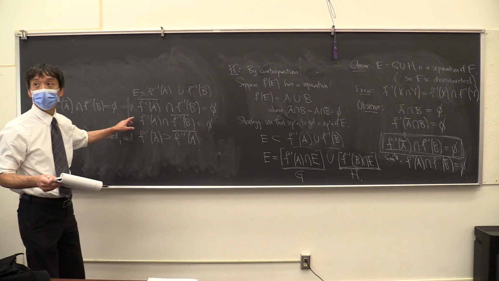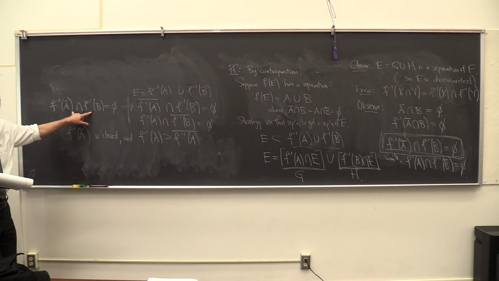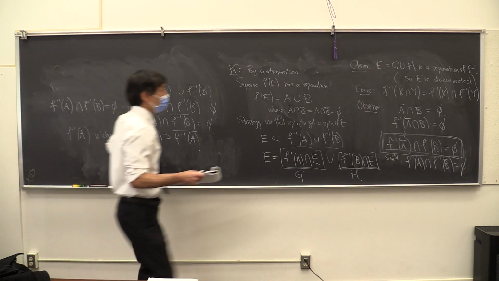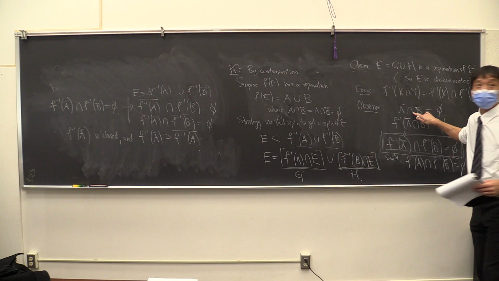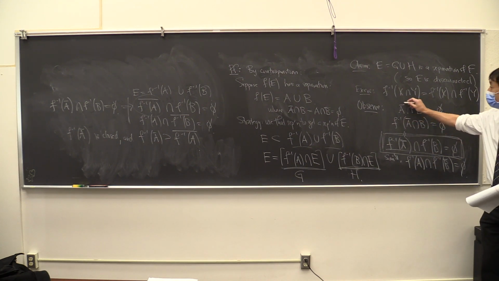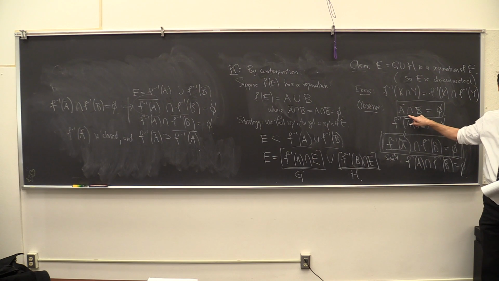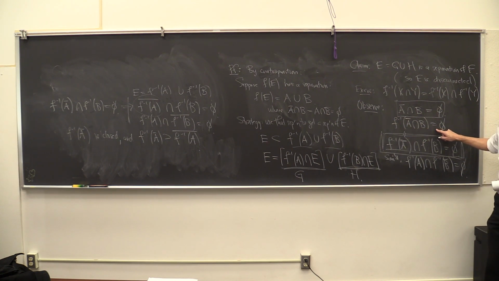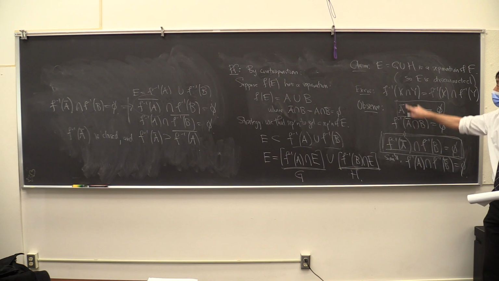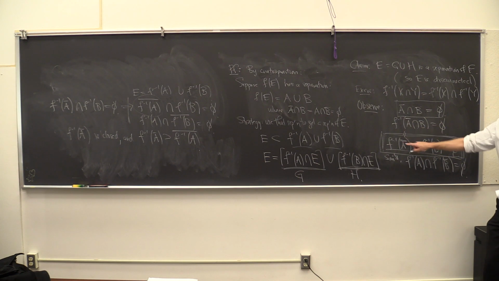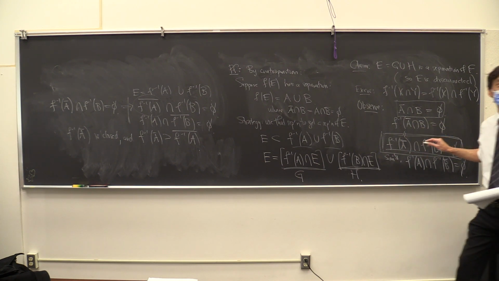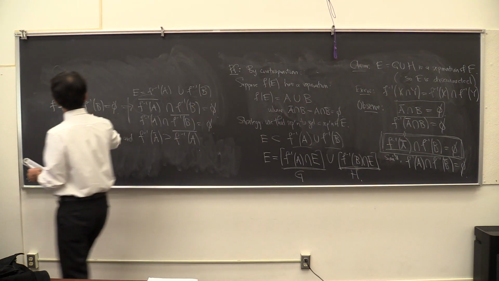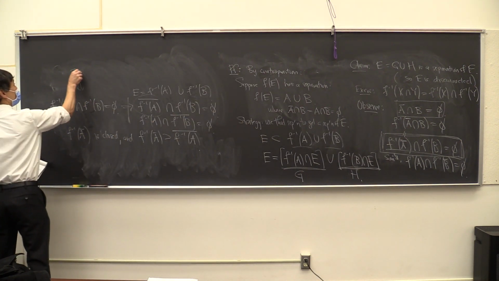Is that a given, on the front, like that top line? Is it a given because we start with F and B has a separation, or does that follow from here? That follows from here, because you know that A and B are a separation, right? So that tells you that this thing is an empty set. Well, then F inverse of that empty set is an empty set, right? But then by the exercise, that tells you that the intersection of these inverse guys is also empty. So this thing over here is just a consequence of